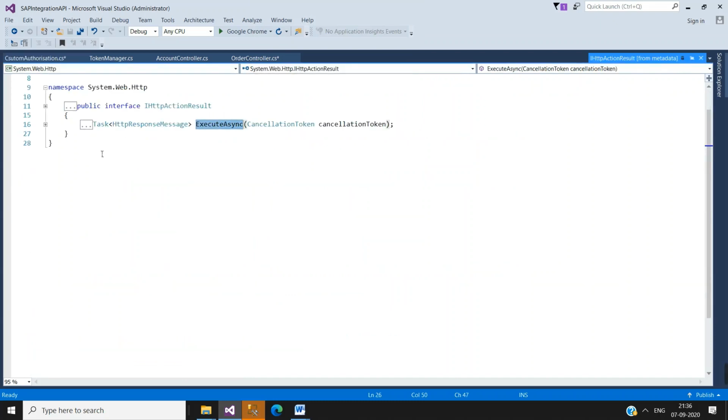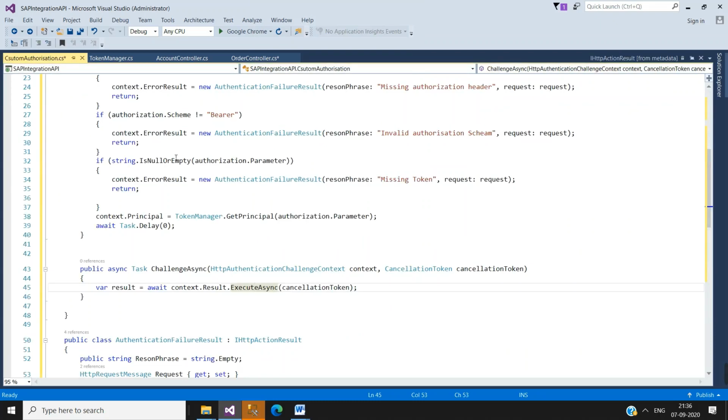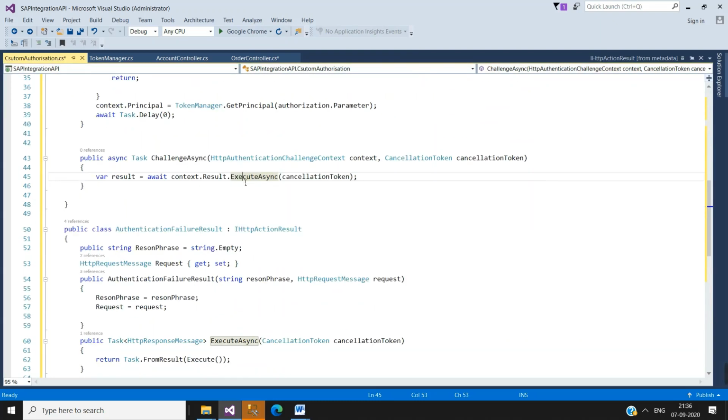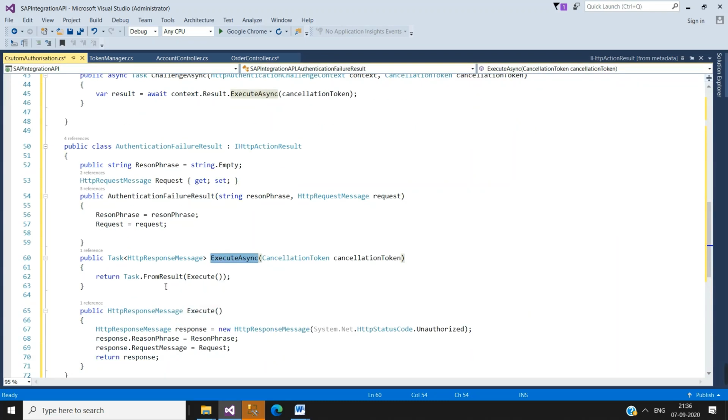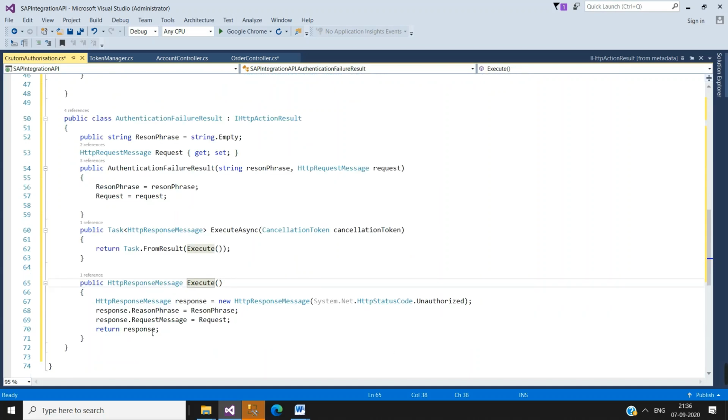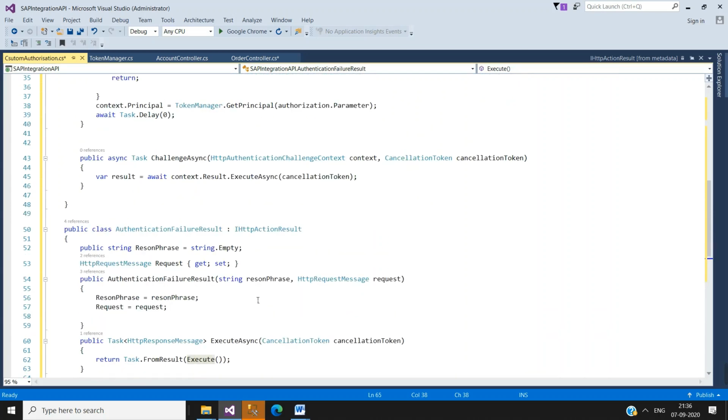Go to definition and we'll see, sorry, execute async will call this function, and here we are creating a response object with an unauthorized message. So in this way this code will be complete.